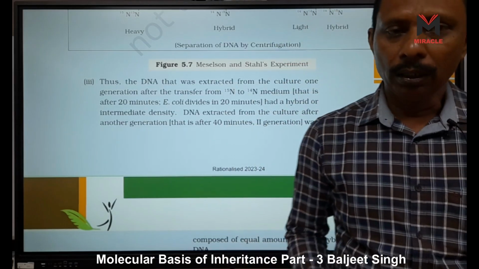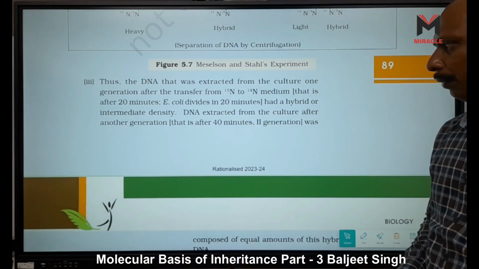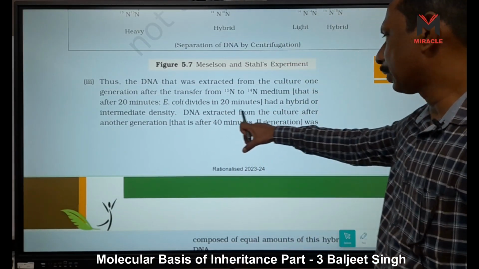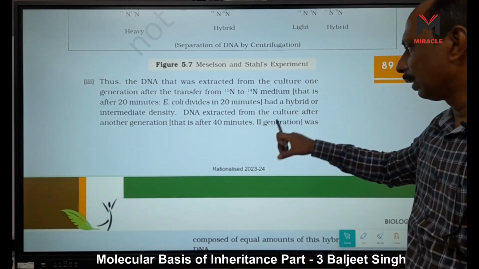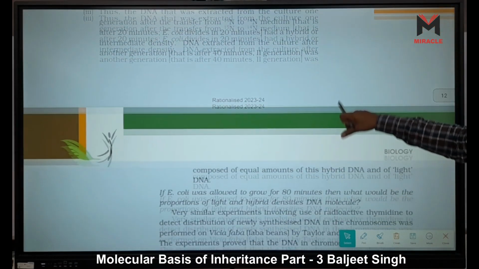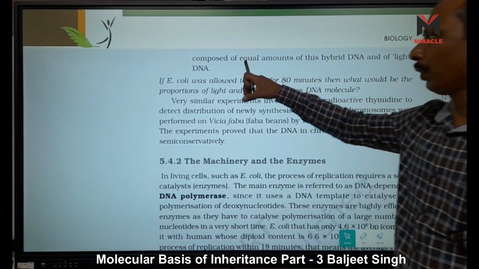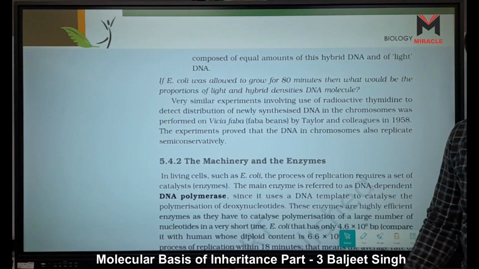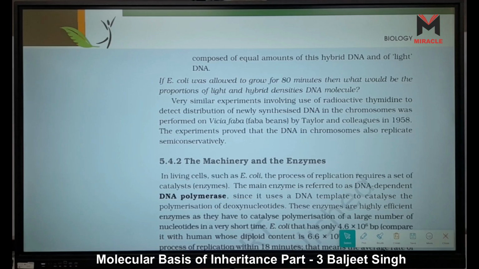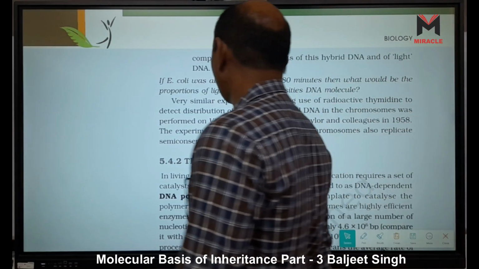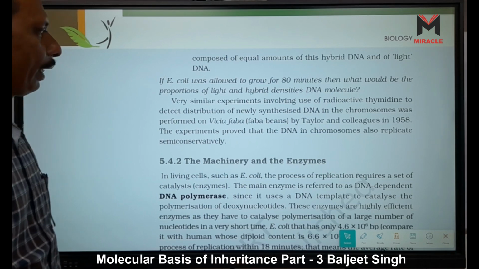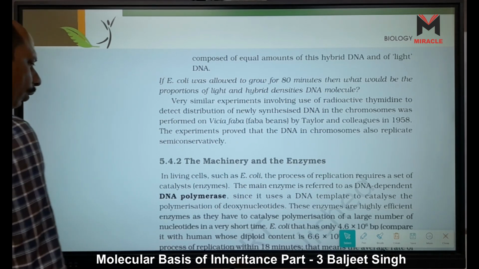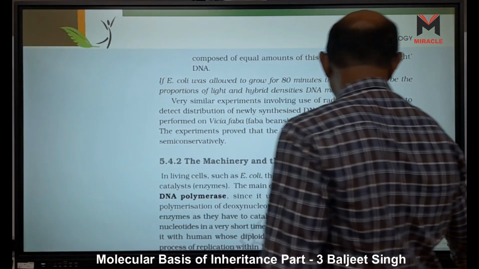Hybrid means one strand is parental and the other one is a new strand. DNA extracted from the culture after another generation, that is after 40 minutes, so 2 generations, was composed of equal amounts of hybrid DNA and light DNA. If E. coli was allowed to grow for 80 minutes, then what would be the proportion of light and hybrid density of DNA molecules? So I tell you here, because only 2